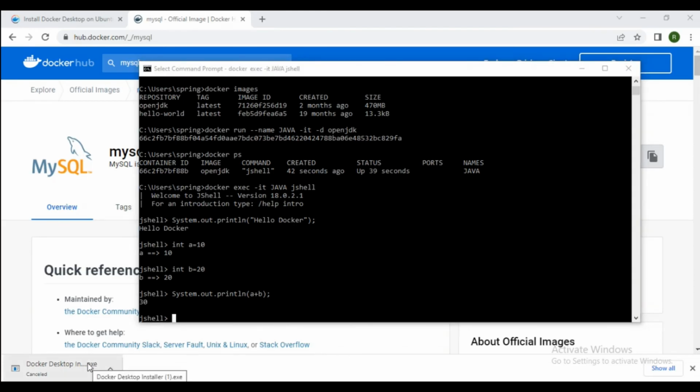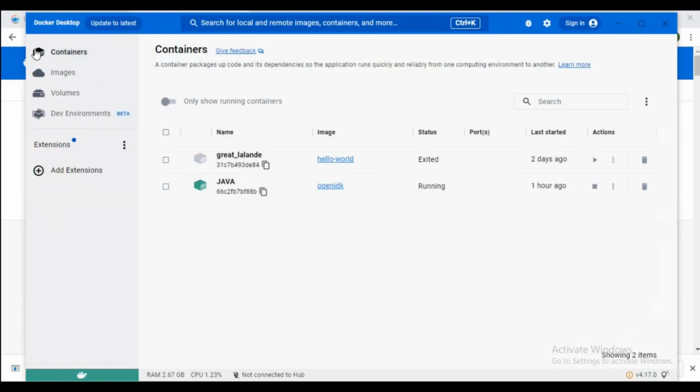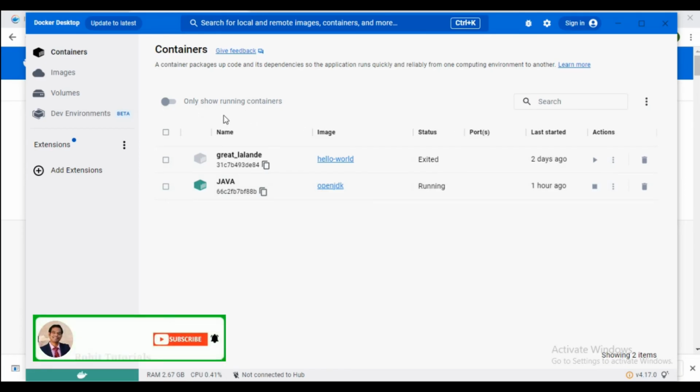You can also see the running container in the installed software, Docker Desktop. Here the Java container is available and it is in the running state. This is the status of the Java container. If we click on only show running containers, it will show only the Java container running.